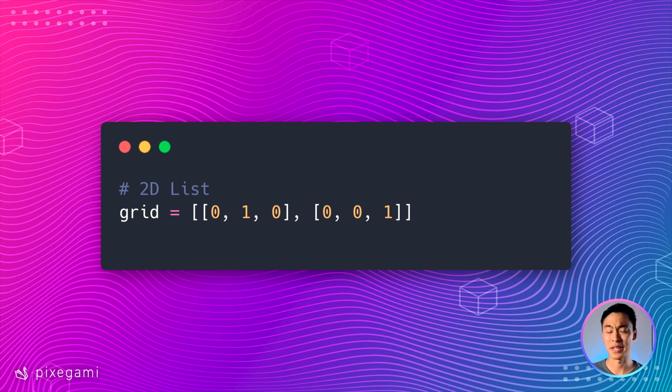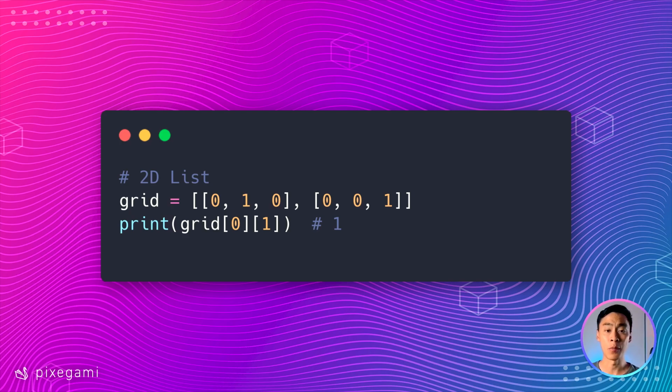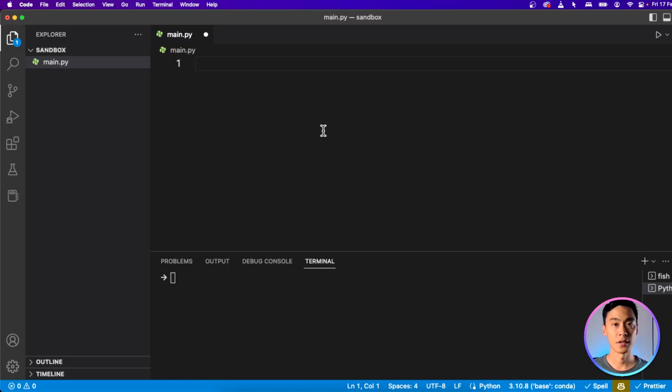Now, how do you think we can access the data in this list? Have a think about it, because it's not so different from what we saw before. You pretty much just do it the same way by using the square brackets, except that you need to use them twice, because the first time you use them, you get 1 element back, which is the nested list, and then you have to use another set of square brackets if you want a specific value from that nested list. So let's go to our code editor and try that out.